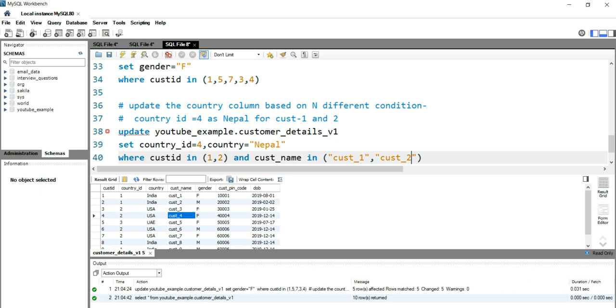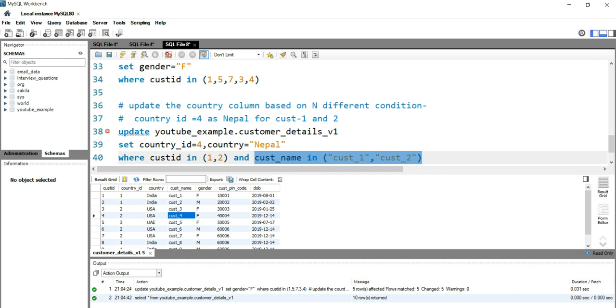So whenever we will be updating a field and we are putting the condition in the where clause, then we have to make sure that the condition should be the unique column. In this case, we have to remove this customer name, because ideally the customer name can be repetitive.